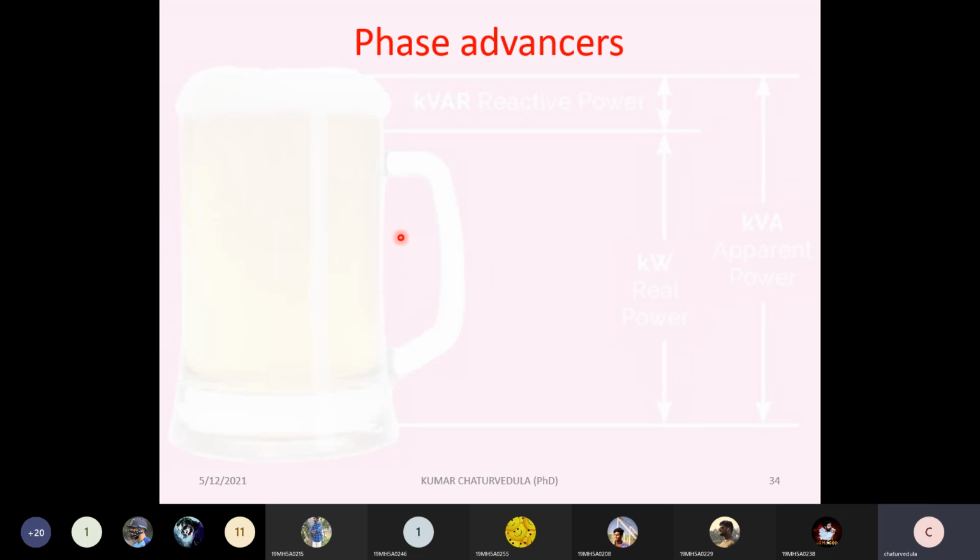But one additional thing that is required for an induction motor is slip. If slip is not there, then there is no induction motor. What is slip? Slip is nothing but the difference between the speed with which your rotating magnetic field rotates and the speed with which your rotor rotates. We call that slip speed.